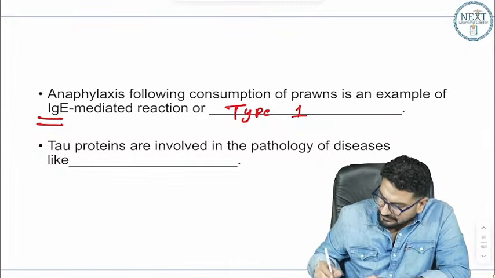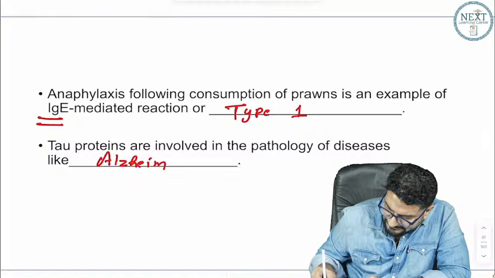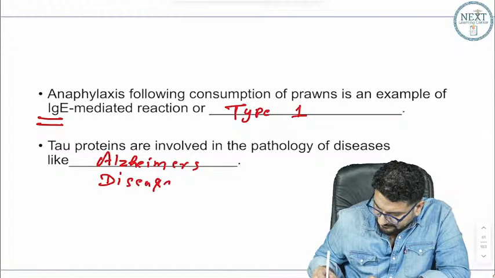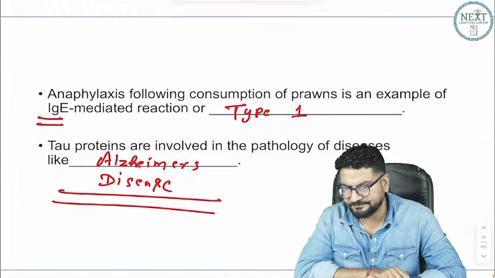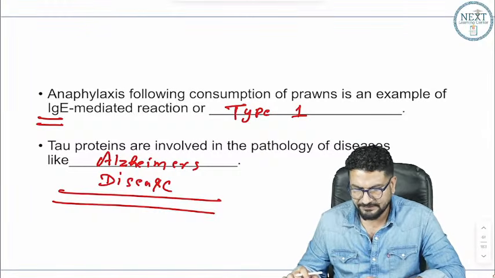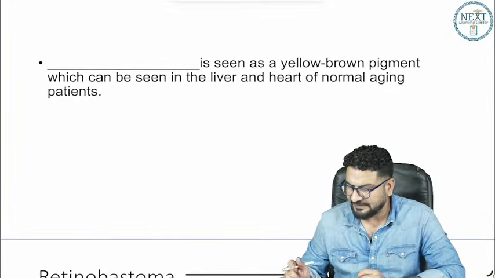Tau proteins are hyperphosphorylated, and they are seen in a patient of Alzheimer's disease. Tau protein. Done? Alzheimer's disease. Moving on. Okay, dash is seen as a yellow brown pigment which can be seen in liver and heart